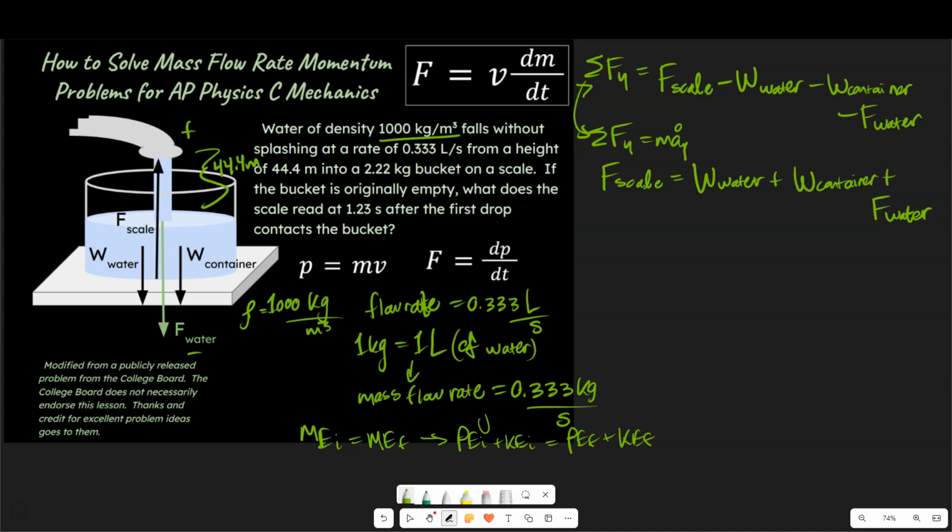If we assume the water starts from rest, there's no kinetic energy here. I could also use capital K for kinetic. What I'm getting at though is we can get rid of these terms and think of this height difference as a conservation of energy issue. So you could say mgh is equal to 1/2 mv squared, and what we really want is